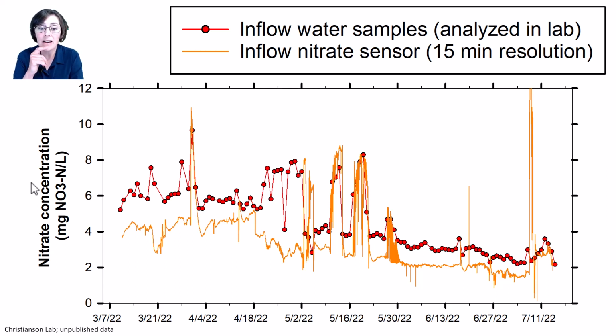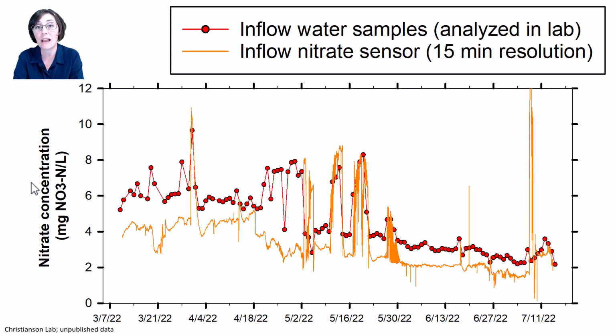It's those lab analyzed samples that I consider to be the truth for what was happening with the actual nitrate concentrations in this water. We still need to figure out if there was something else going on in our experimental setup, but I show you these data because this is a cautionary tale that just because you have an expensive sensor doesn't mean you can set it and forget it. Sensors are dumb. You are smart. It is our responsibility as scientists, and will always be our responsibility as scientists, to make sure our data meet proper checks and standards.